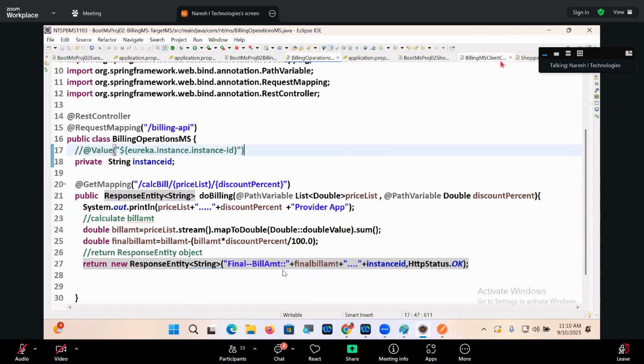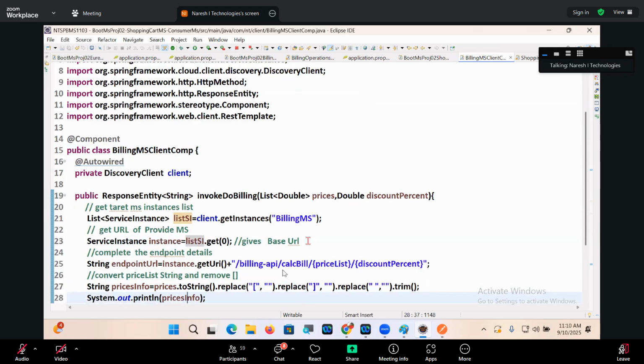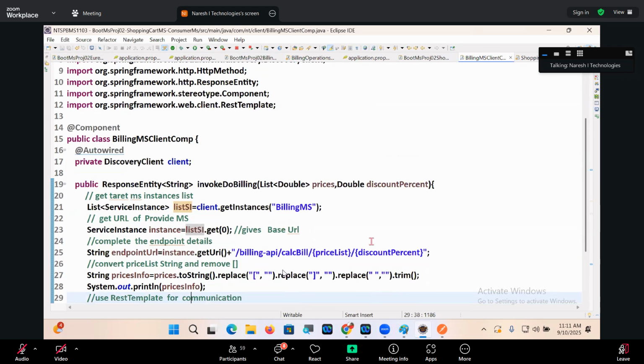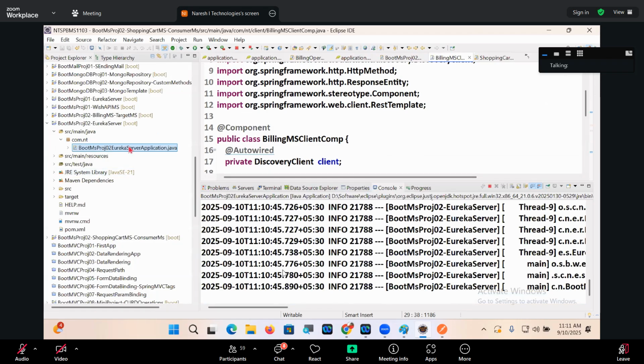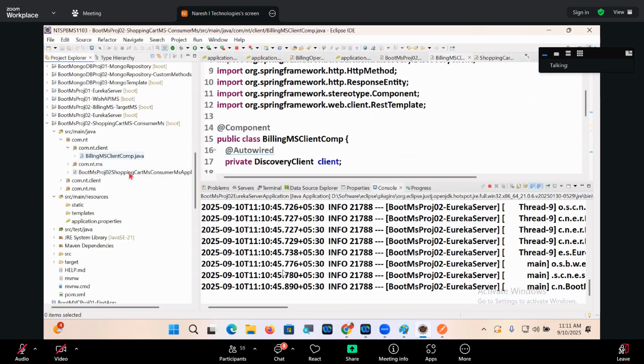Now the question is, it is displaying the data nicely. Okay, fine. Yeah, Eureka server. Next one, shopping MS,